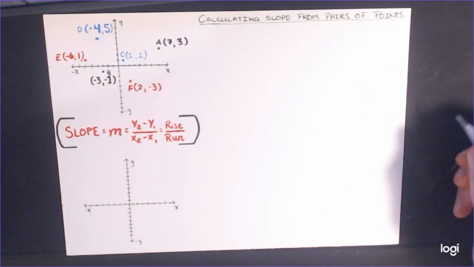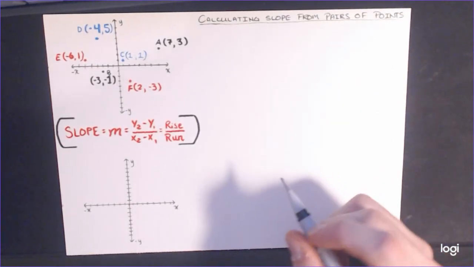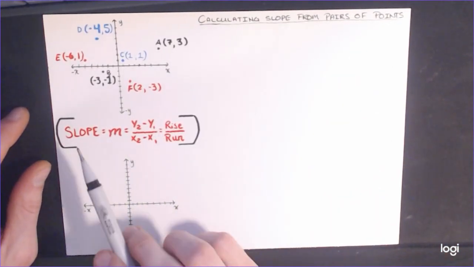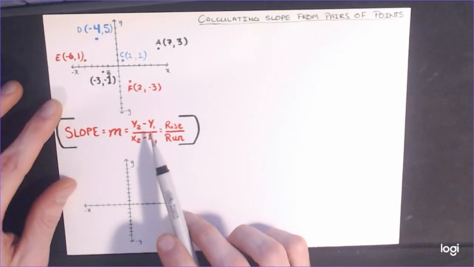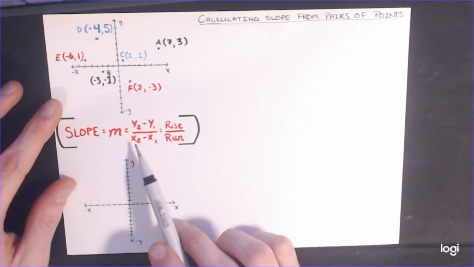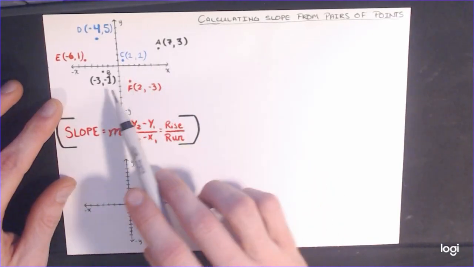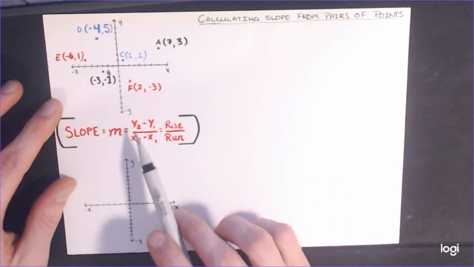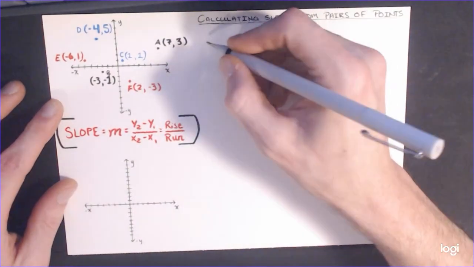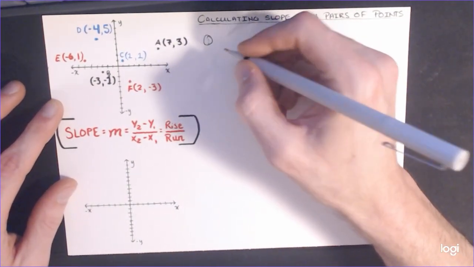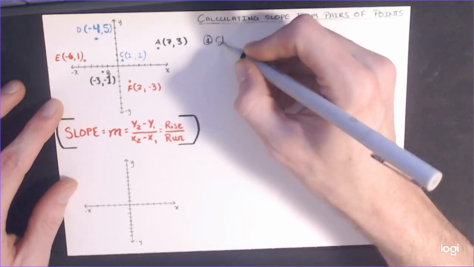So I'm going to work through finding the slope between various pairs of these points. And right here I have written out the slope, which is equal to m. It's equal to y2 minus y1 divided by x2 minus x1. So the difference in the y's between the points, and then the difference in the x's between the 2 points. So let's start off number 1 here with the slope